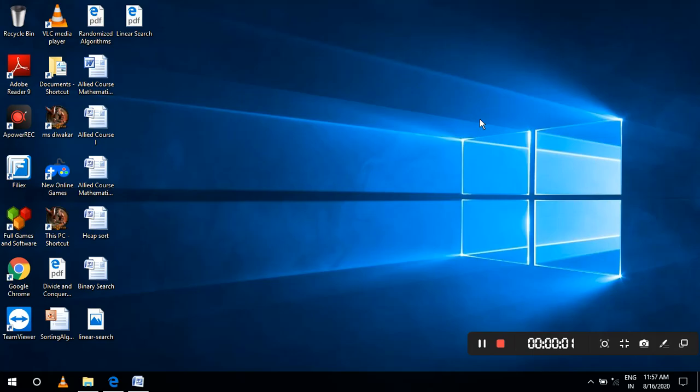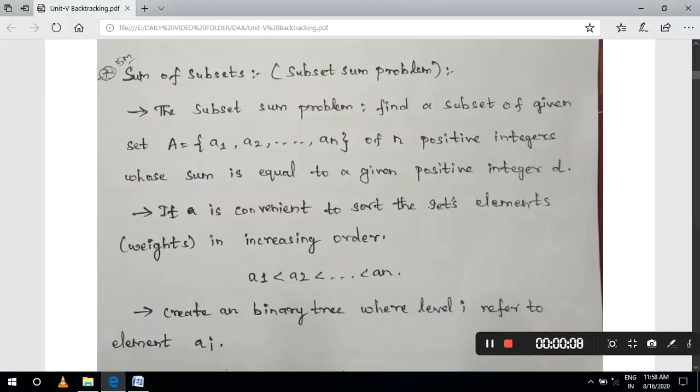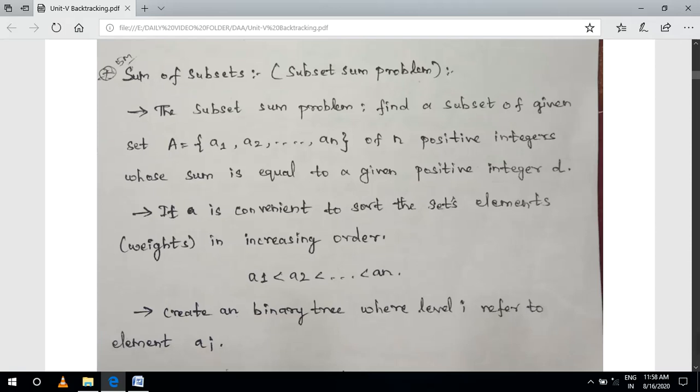Dear students, now I am discussing the sum of subsets. In your Unit 5, the sum of subsets is declared under the backtracking technique, if you're solving a problem. It's a very important topic. If questions are asked on sum of subsets or the subset sum problem, both are the same. I'll give you the logic first, then you go for problems.